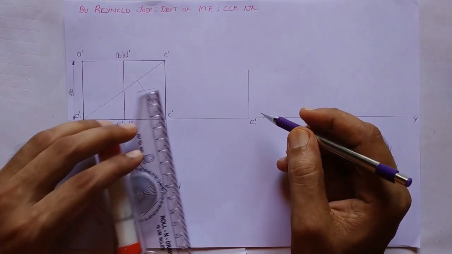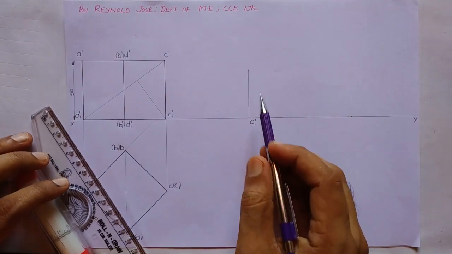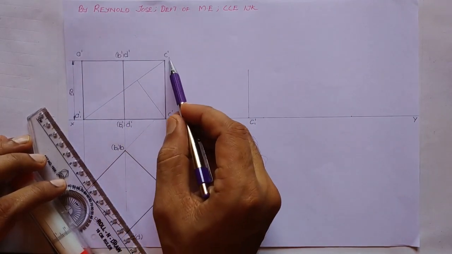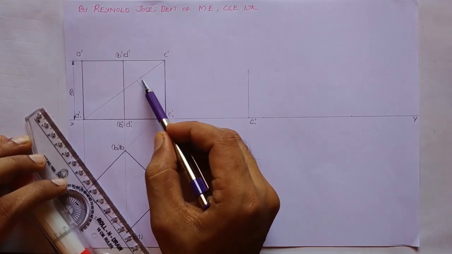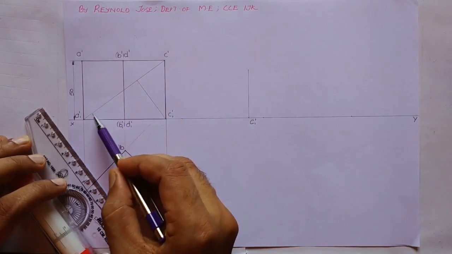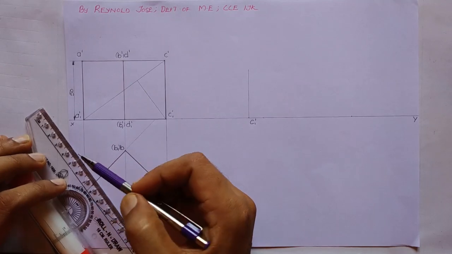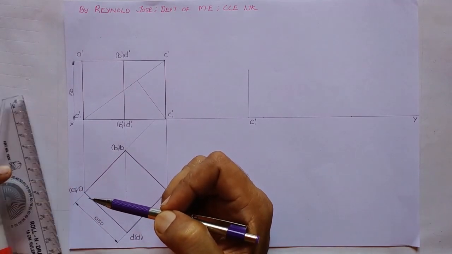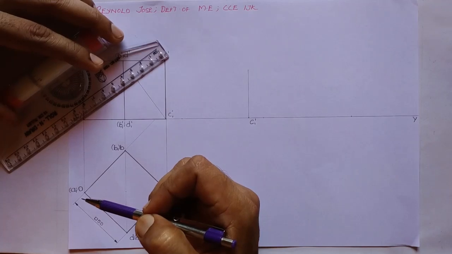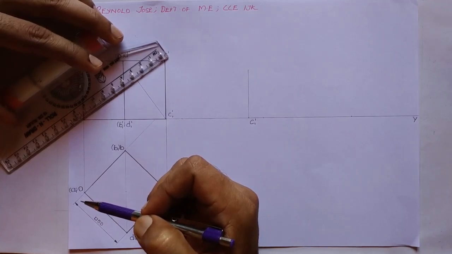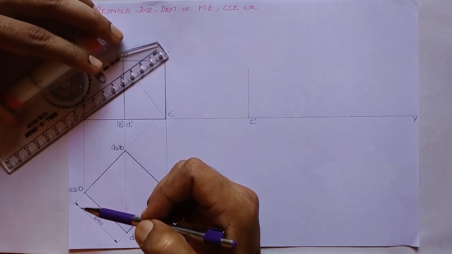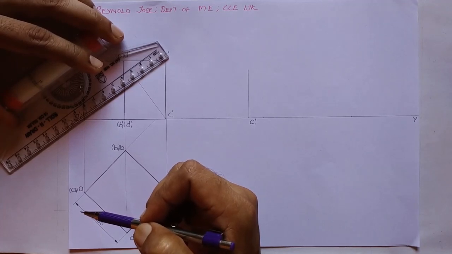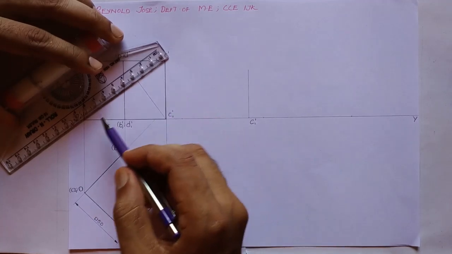Draw it as a thin line, and after drawing this perpendicular line, I am fitting this A1 dash C dash to this perpendicular line. So if you notice, to the right hand side we are having a small portion of the body diagonal, and to the left hand side we will be having a major portion of the body diagonal. So let us measure the length of the body diagonal. It is approximately equal to 86 or 87. For the time being, let us take it as 86. You may be getting it as 87 or 85, but I am getting it as 86.